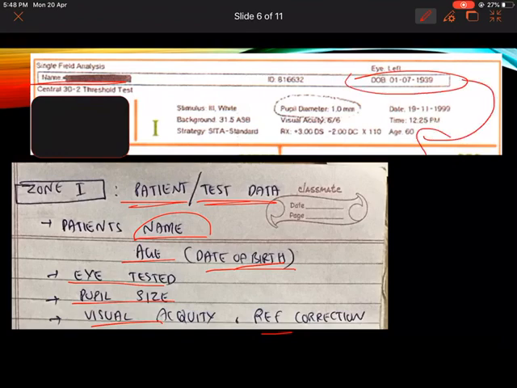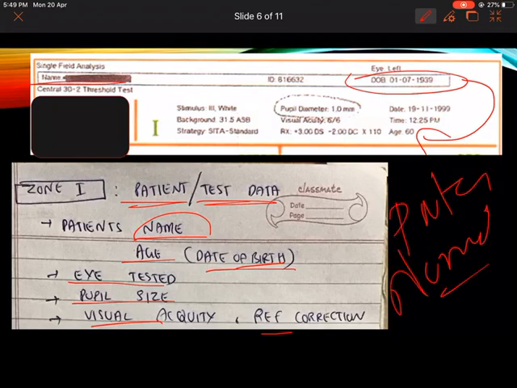The importance of date of birth and age is very, very important, because the computer, or the HFA analyzer itself, will have some normal age-related data. For a particular age group or a particular age, there will be normal data, with which the patient's data will be compared to see any deviations. So entering the age and the date of birth is very, very important. You cannot arbitrarily put any date just for the sake of testing, because the patient's data will be compared with that of the age. So this is a very important point.